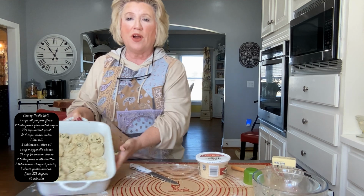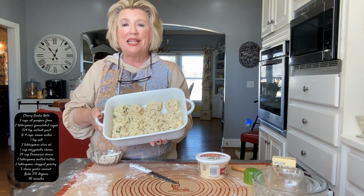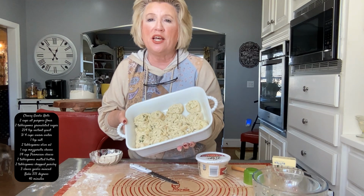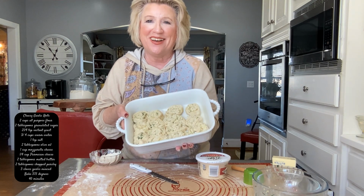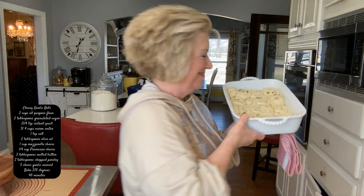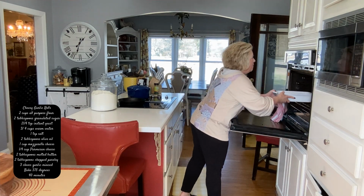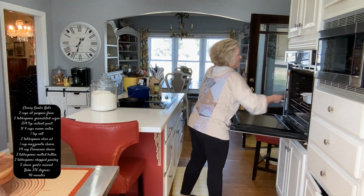Okay, we're gonna let these rise for about 30 more minutes. And then we're going to get these into a 375-degree oven. Okay, so our rolls have doubled in size. We're going to put it in a 375-degree oven. Okay, I am going to wash up these dishes, and while those rolls cook,